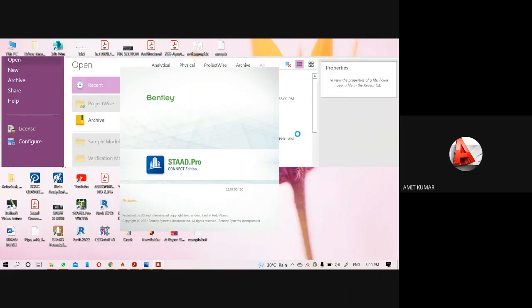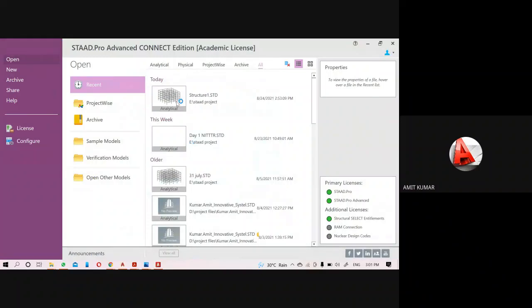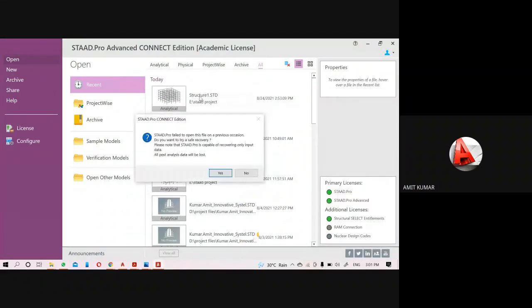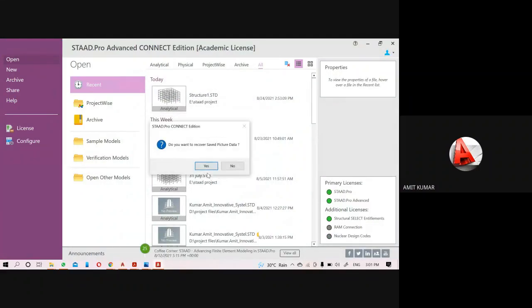Maybe in your system it will work very properly. Whenever you provide the properties, it will not crash. It is crashing in my system only. I will save the file. That's why before assigning the properties, I already saved the structure.